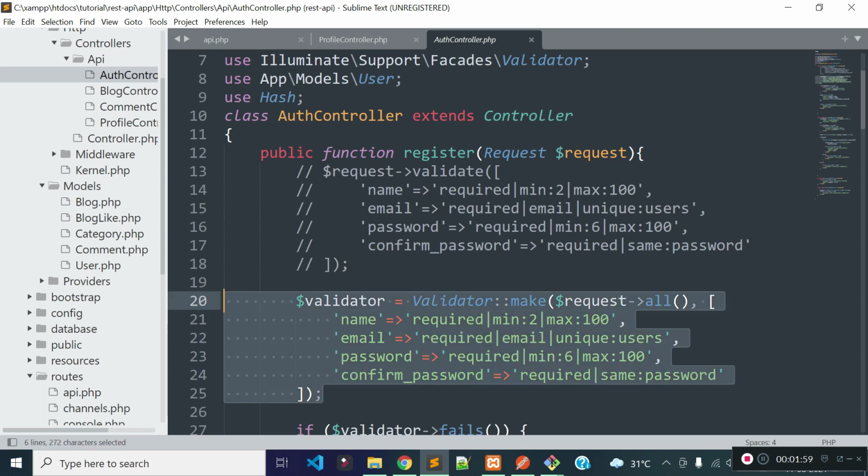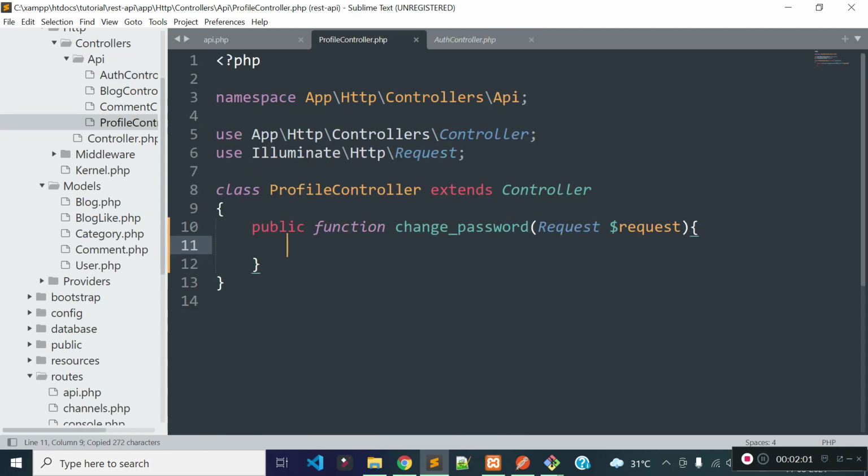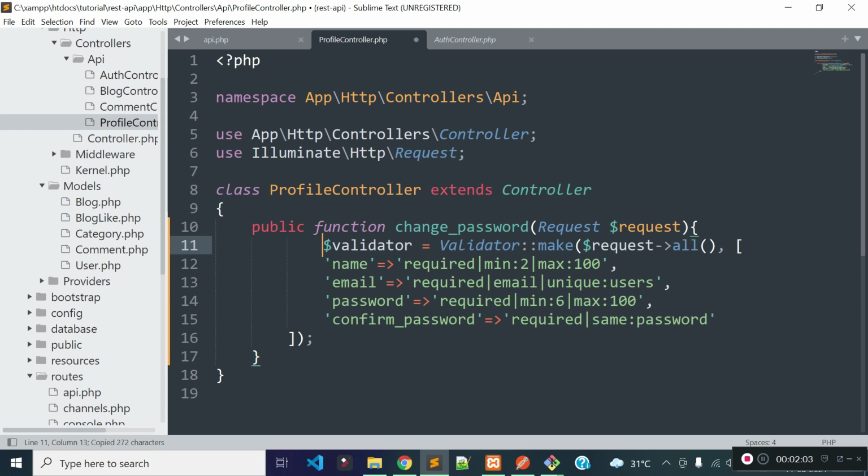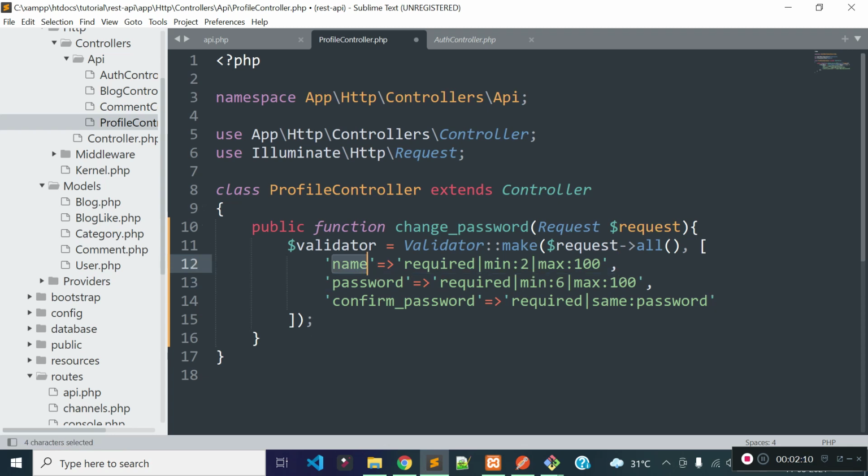So I will take the code from here. During change password functionalities, our old password field should be required, and new password field should be required and should be min of 6 characters and max of 100 characters, and our confirm password field should be required and should be same as our password field.